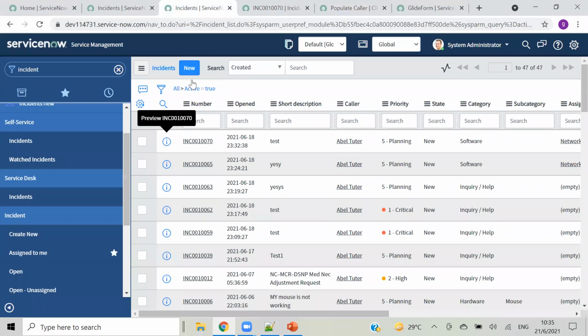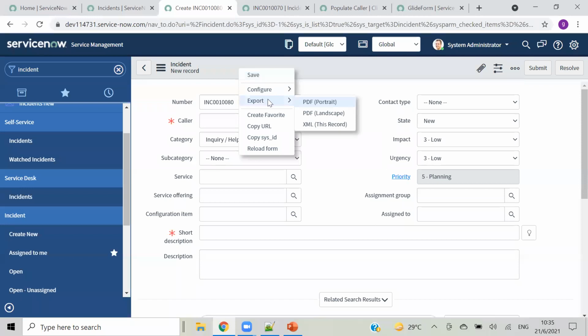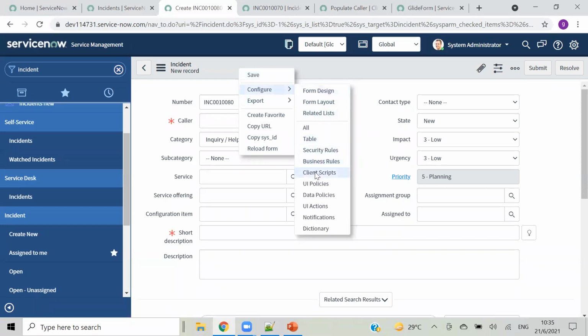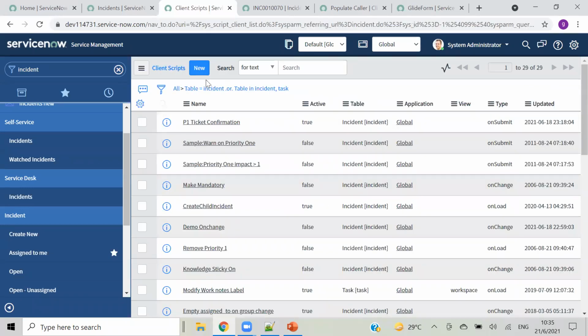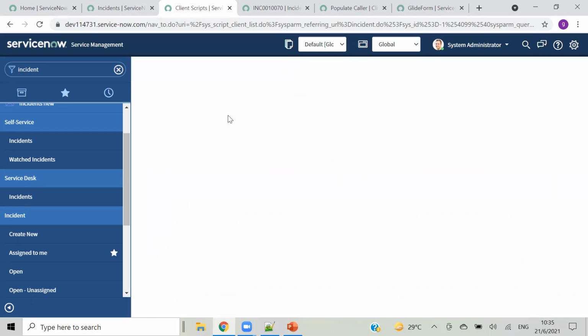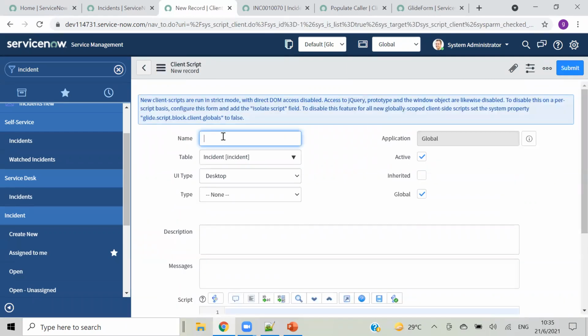Going to incident, new client script, short description on cell edit.